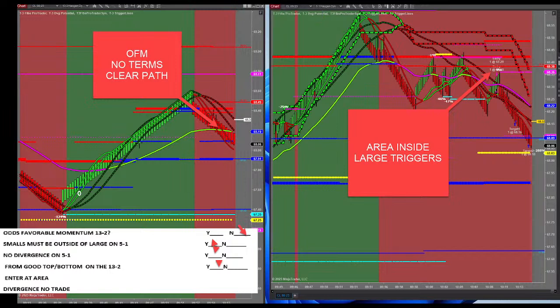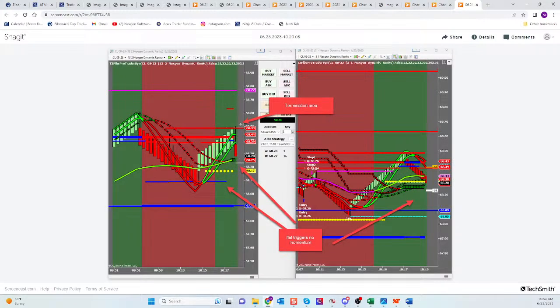Who is this? This is Joel. Joel, you say that with everything screaming down, midband's not a termination condition because the large triggers aren't a full bar away. You said, I'll take that entry and get paid on it. Absolutely. Nice job, Joel. Using that checklist, right? Policing himself. Love it.